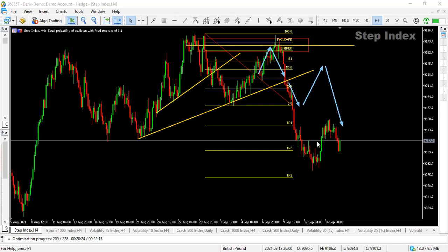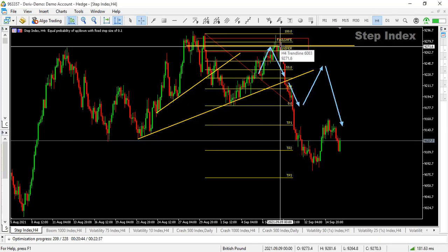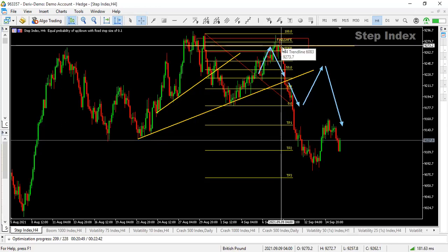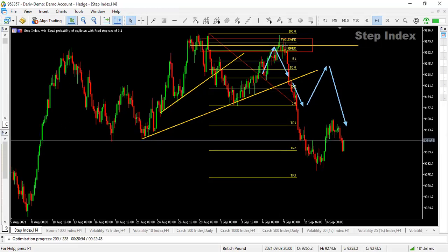I remember I dropped this forecast on the group, and the box was my heads up for an entry. That exact spot was where I marked out for my entry for a sell. And I remember if I mark that right now, that line was my particular entry that I gave in the group. All right, and then if I trace from that line down,